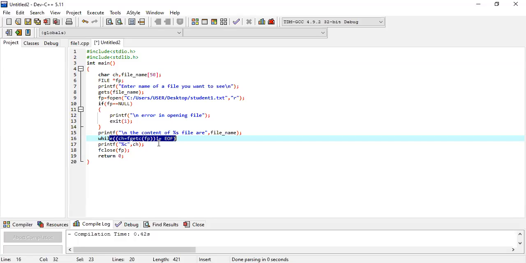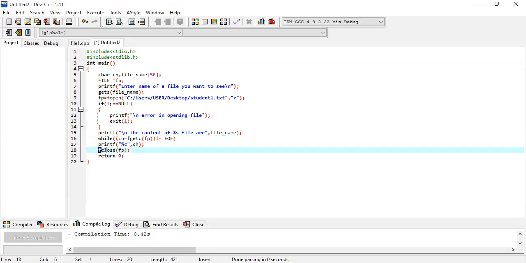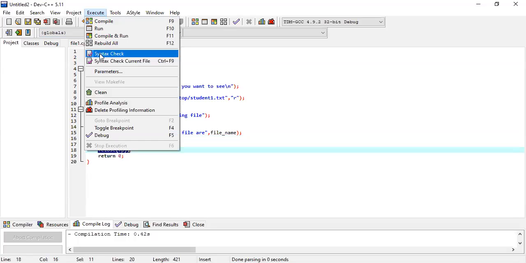When this condition is true, we have to close our fp by writing fclose fp. So if we run this program, what will it show? I'm running first, then I will check. One minute.